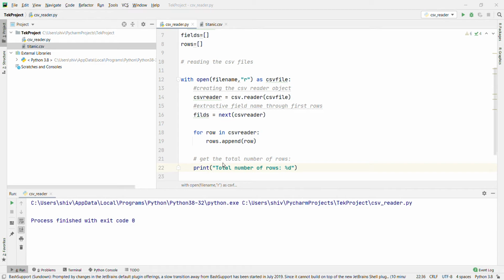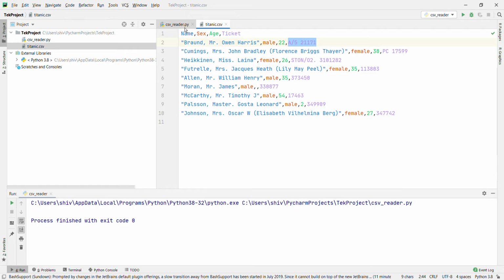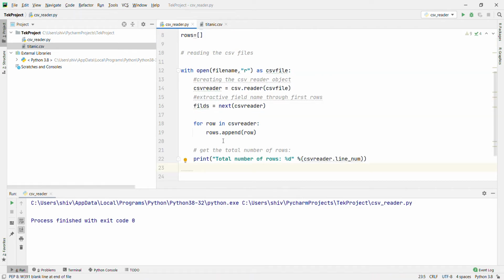After that we use % csvreader.line_num. That will give the number of rows in the particular Excel file. Now we are going to print the field names. We have the fields, right? Name, sex, age and ticket. We have to print the field names, that is the column names.